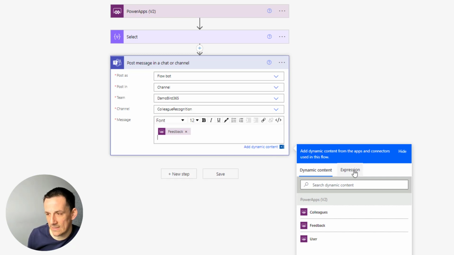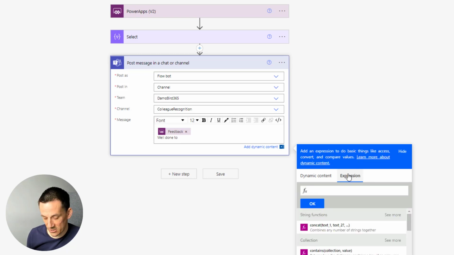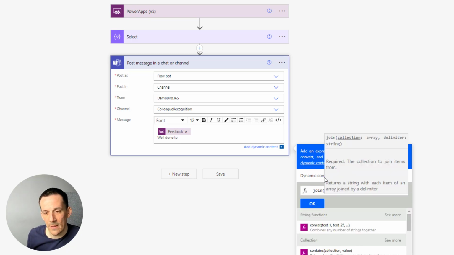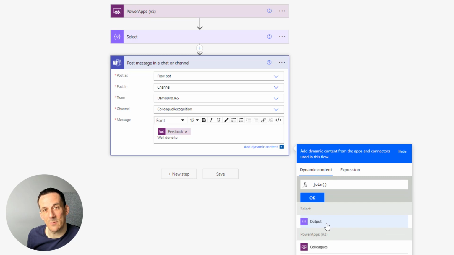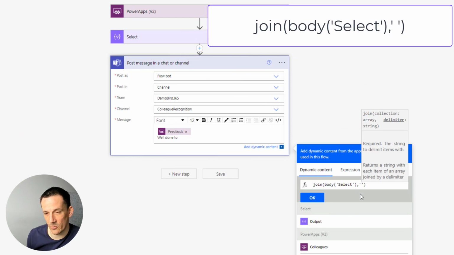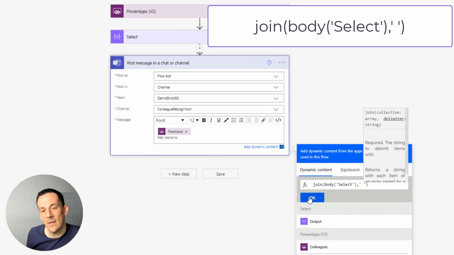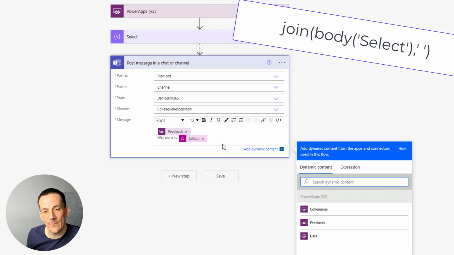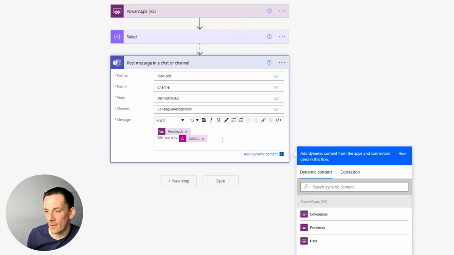And if we say well done to, we need to use that expression builder with join based on that select that we've created. So that'll give us all of those individual emails with the @ signs, and I'm just going to put a space between them for formatting and hit OK. And then on the final line, I just want to mention the colleague that gave them the shout out. So your colleague